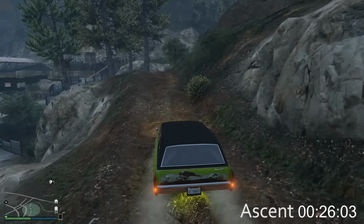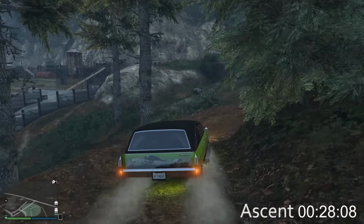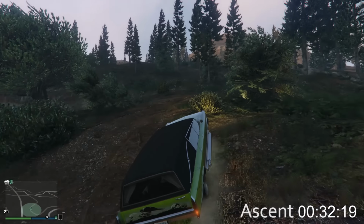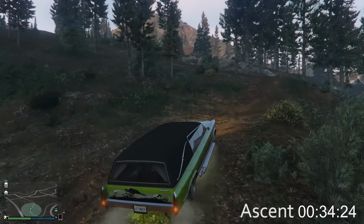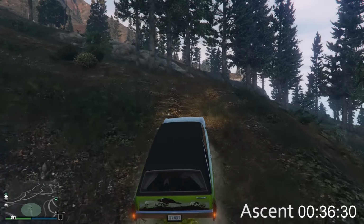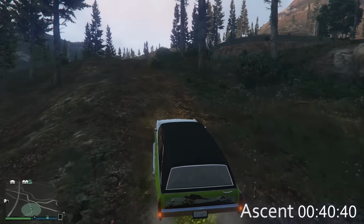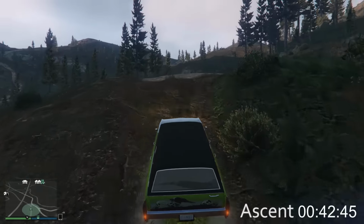Given this car's extreme weight, I'm really pessimistic as I play the horn that it's actually going to get up the mountain. Because as you can see, it's having trouble. I mean, this is just wheel spin, wheel spin, wheel spin, wheel spin. Unlike the other two,